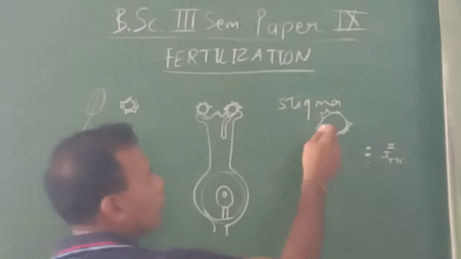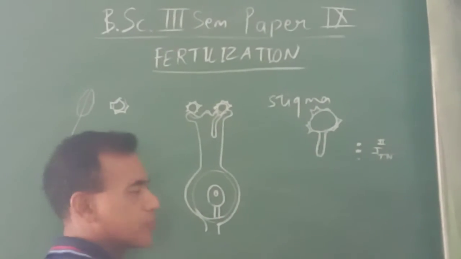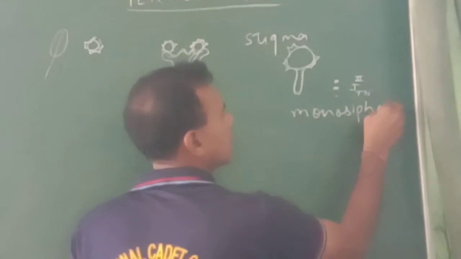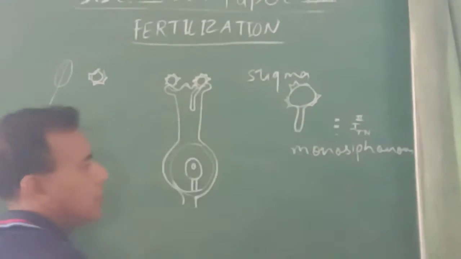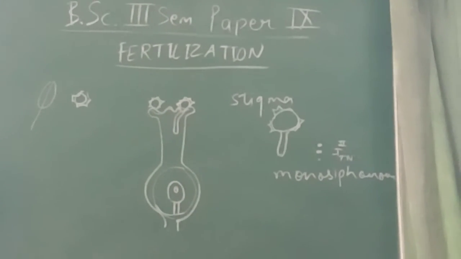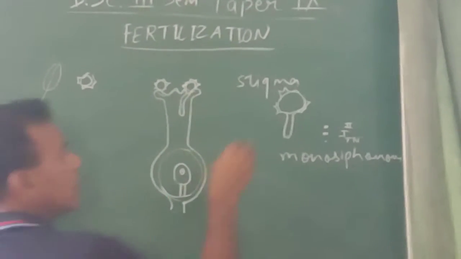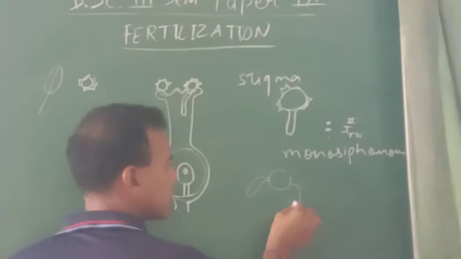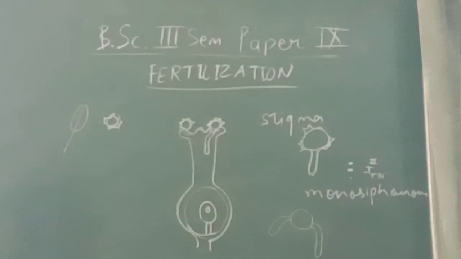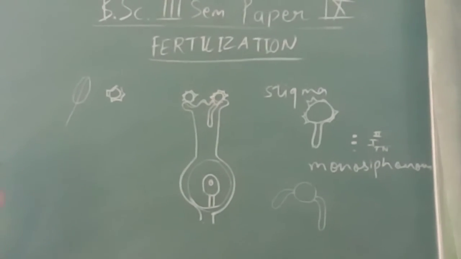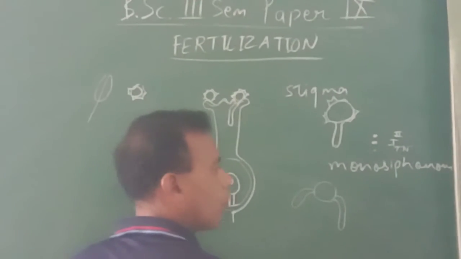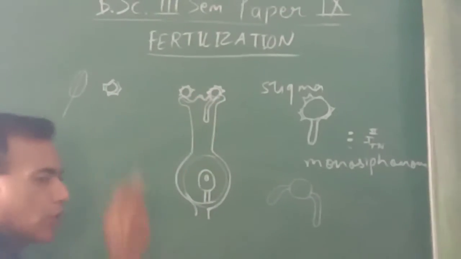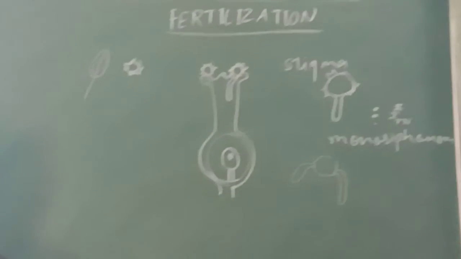Normally, from one pollen, only one pollen tube is produced, which is known as monosiphonous condition. But in some plants, it has been observed that from a single pollen, a number of pollen tubes may arise. For example, in Althaea, the number may reach 10. In Malva, it may reach 14. But whatsoever the case is, finally, only one pollen tube enters the style.